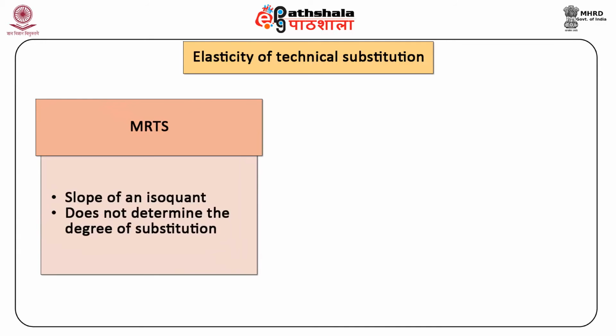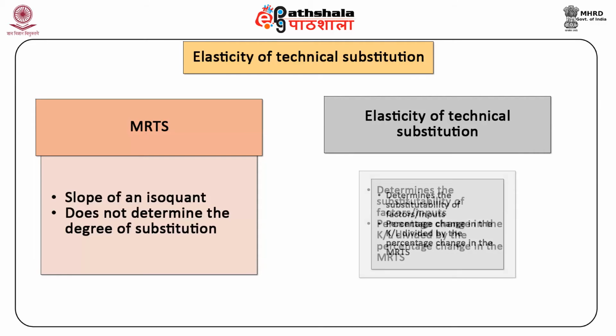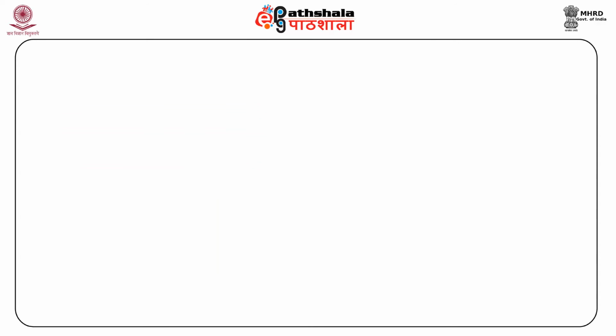MRTS is the slope of an isoquant and depicts the rate at which one input is substituted for the other, but it does not determine the degree of substitution between these inputs. Elasticity of technical substitution is the only measure which determines the substitutability of factors or inputs. Elasticity of technical substitution is defined as the percentage change in the capital labor ratio divided by the percentage change in the MRTS. Symbolically,